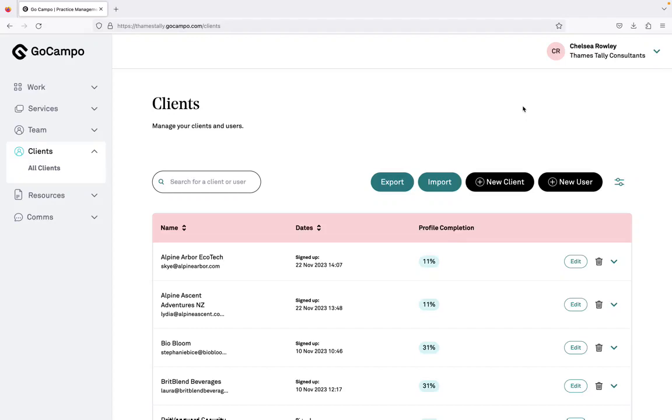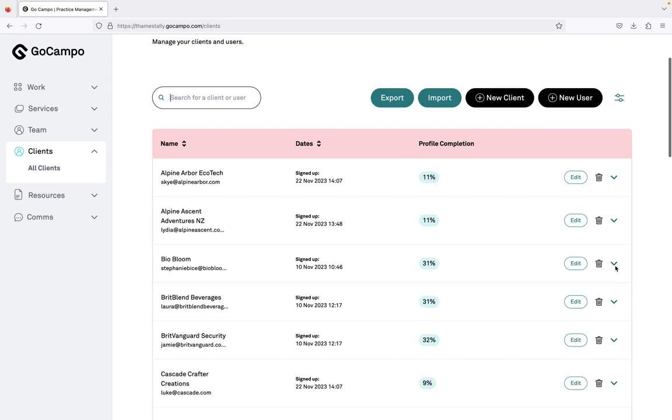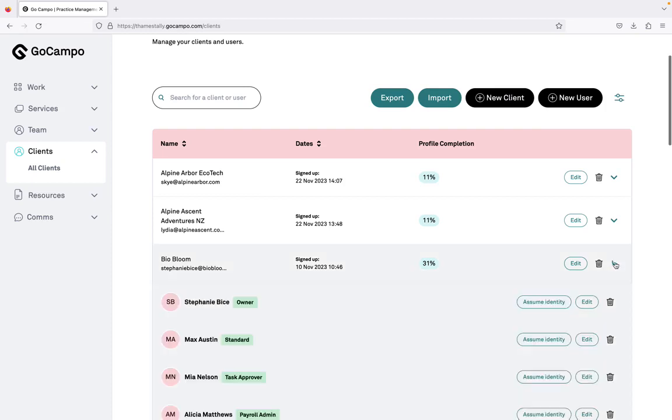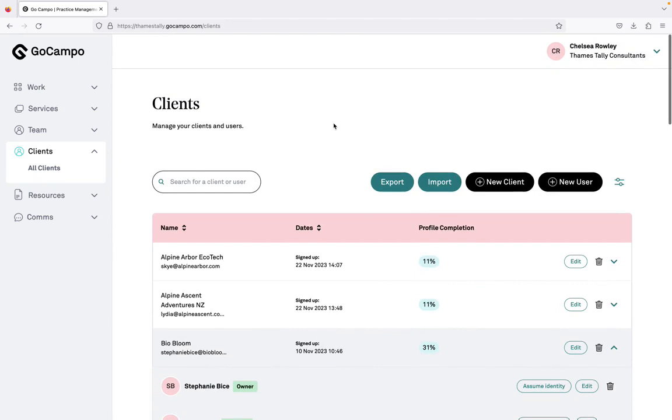In this video, we'll be looking at how to add and edit your client users. So as a recap, if you click on the arrow next to a client's name, you'll get a list of all the current users for that client and their access level. To set up a new client user, simply click on the New User button,